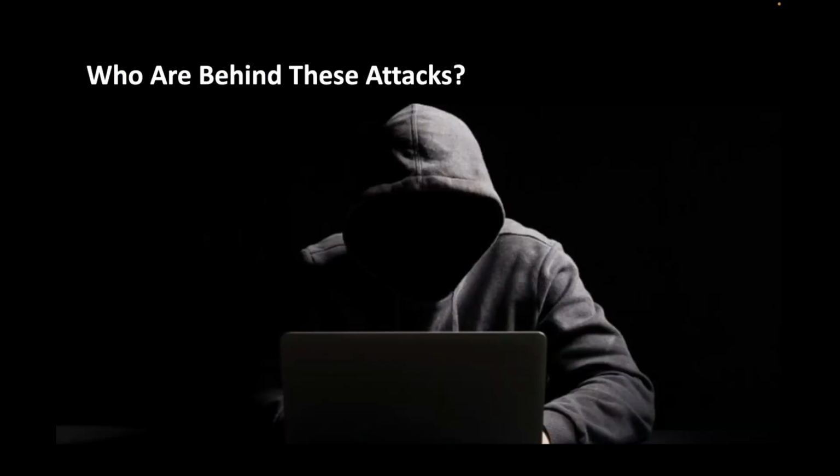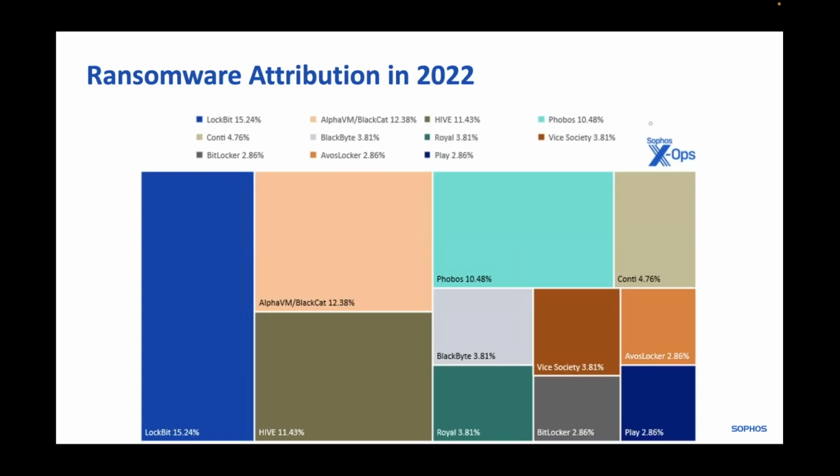So just a little word on who are behind these attacks. And I've already alluded to this to an extent, but the media would have you believe that this is what a cyber criminal looks like. We often show graphics of teenagers wearing hoodies, maybe hanging out in mum's basement, operating in isolation. But the reality of cybercrime these days is that these organizations are highly, highly organized, and practically all ransomware worldwide is delivered by one of these major cybercrime gangs.